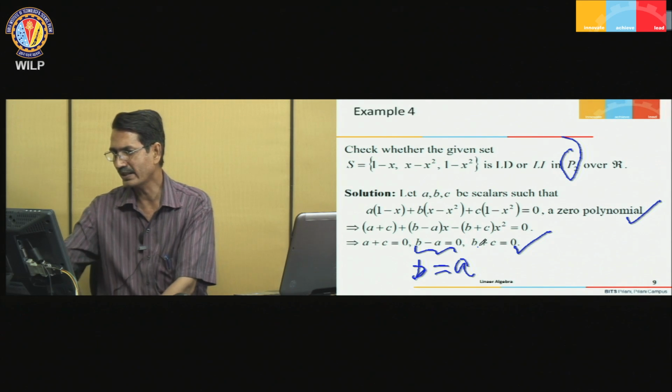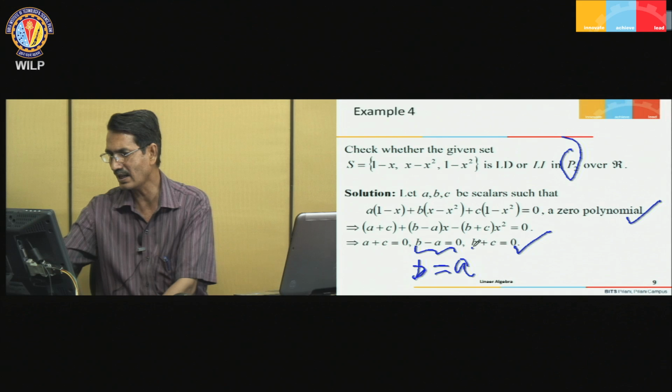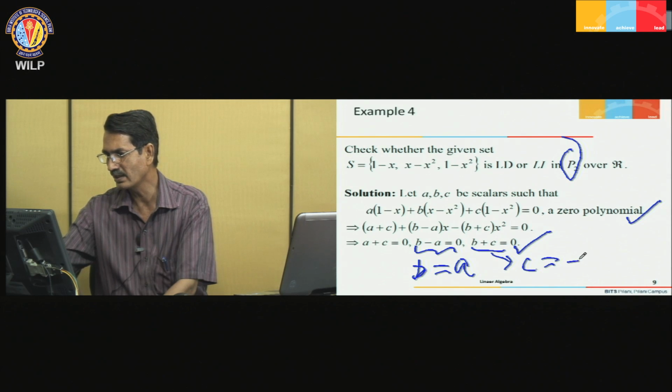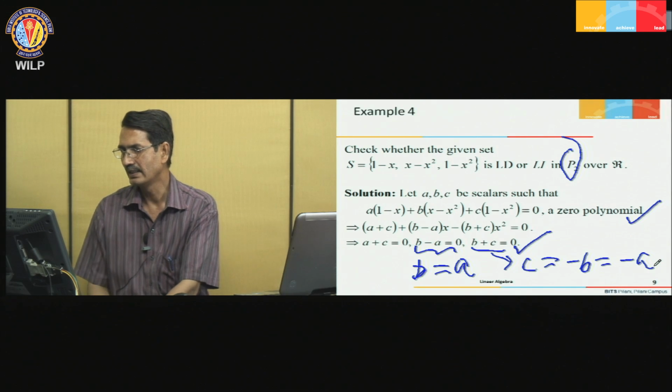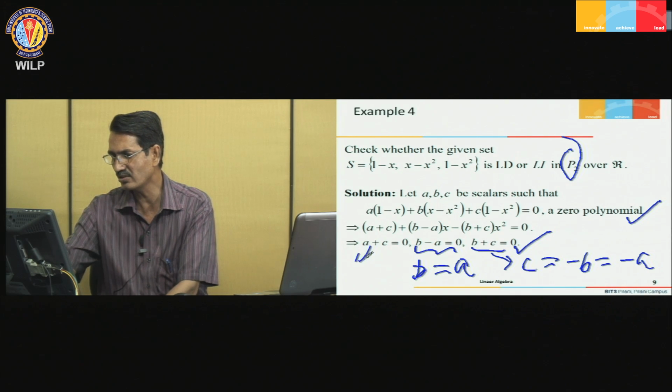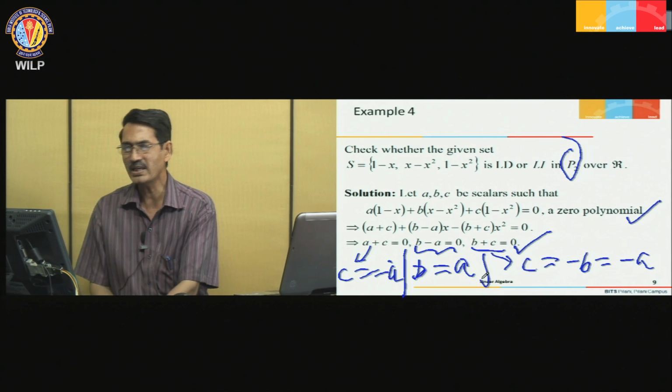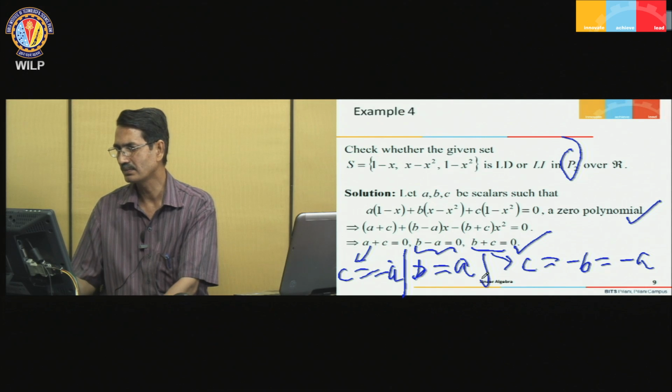And from the second, b plus c is equal to 0. Therefore, from the last equation you can see that c is equal to minus b, and minus b is equal to minus a. Fine. And from the first equation, see that c is equal to minus a. So, c is minus a, b is a,